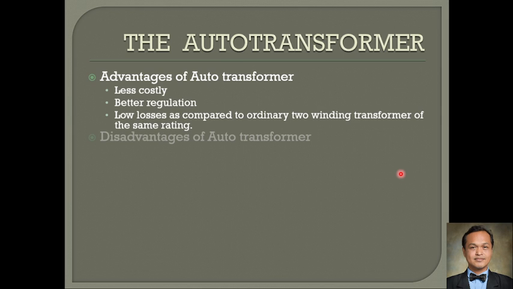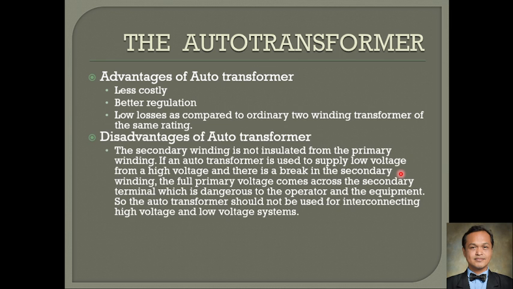Now, the disadvantage of this auto transformer is that the secondary winding is not insulated from the primary winding. As the figure shows, they are not physically apart; the primary and the secondary winding of an auto transformer are directly connected to each other. So isolation between the two windings is not made in the auto transformer